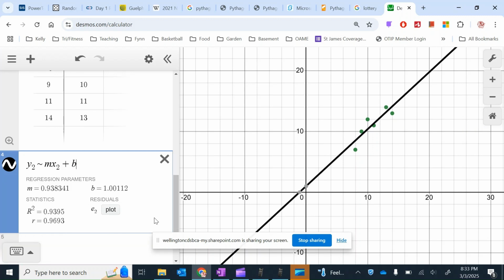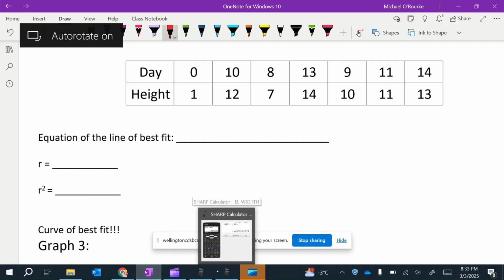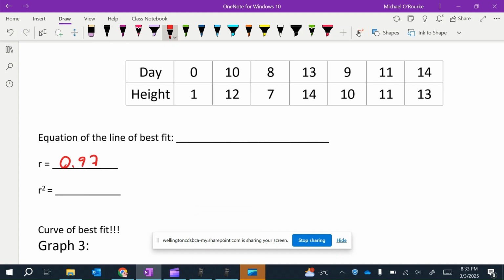So what are my numbers this time? My R value is 0.97, and this is 0.94. So let's go back here. So 0.97, 0.94. So here we have a very strong